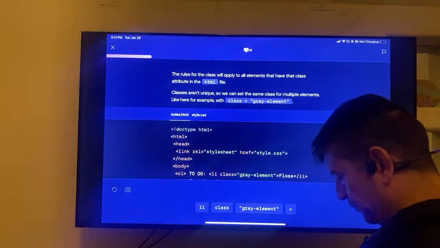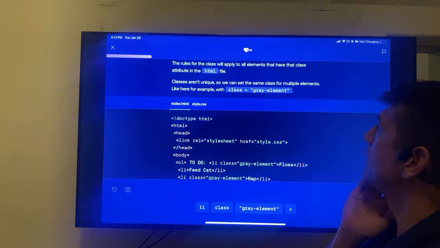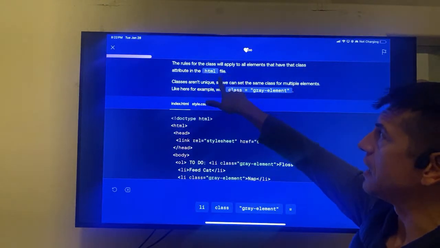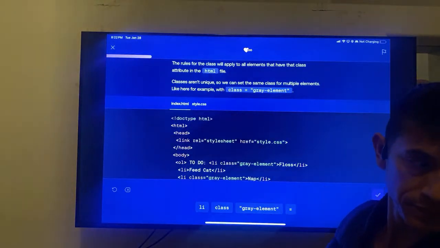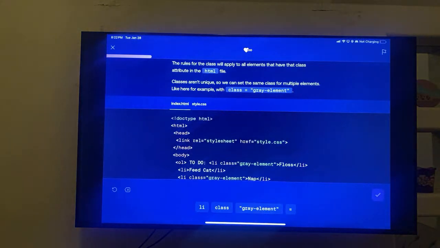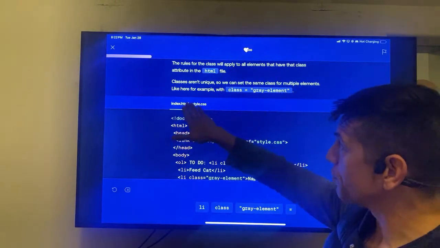Okay, so let's see now. The rules for the class. The whole concept of classes is confusing to me. It really, really is. So let's see. The rules for the class will apply to other elements that have an attribute in the HTML